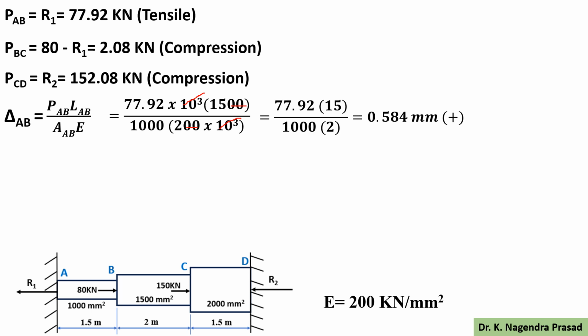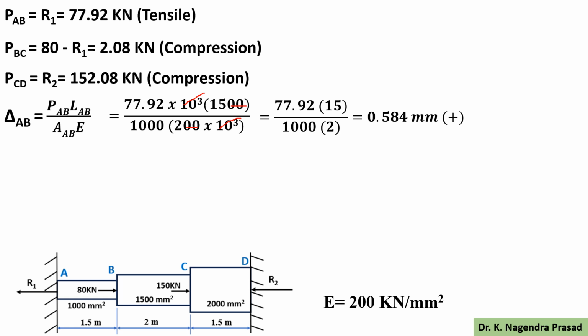Then we can write 77.92 into 15 divided by 1000 into 2, which is equal to 0.584 mm. So this is the elongation, so we use the positive symbol. Next we have to determine the